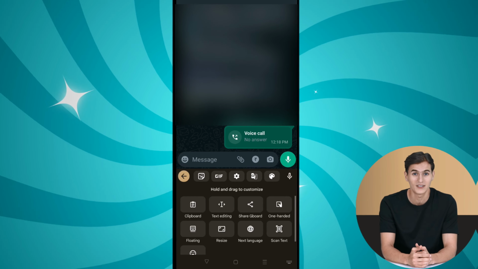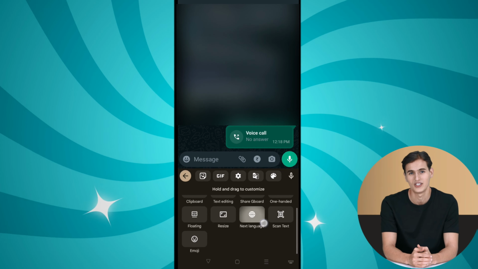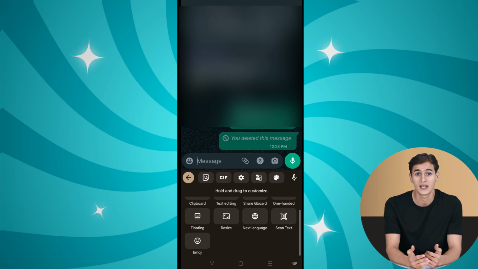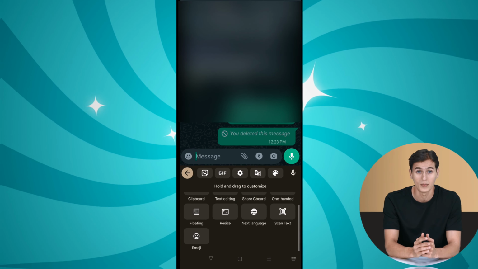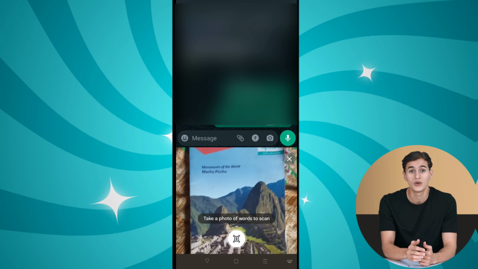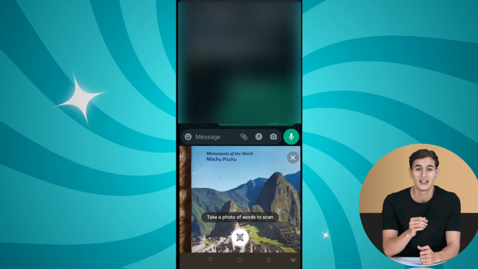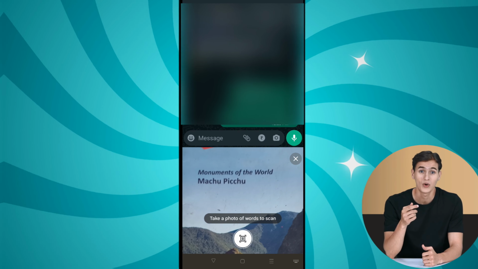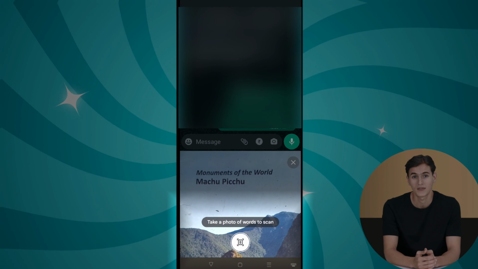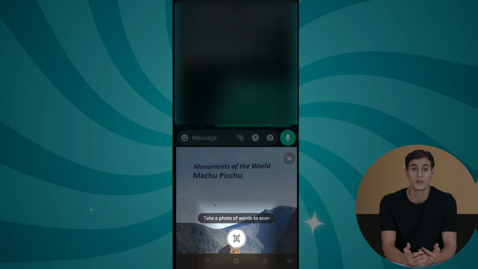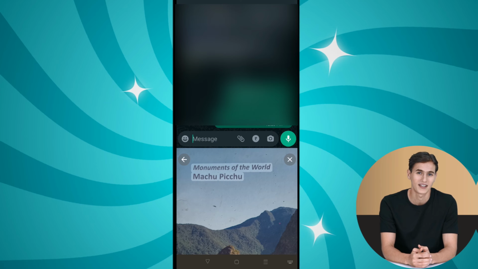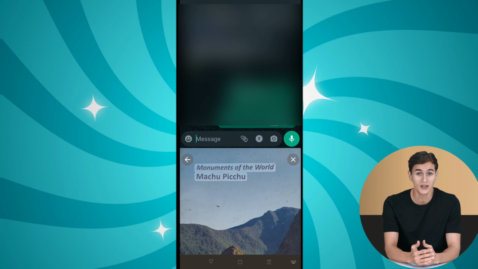To use scan text, you need to tap on the More Tools icon in Gboard. Then, you need to choose the Scan Text tool from the menu. This will open the camera viewfinder on your screen, where you can take a picture of any text you want to scan. For example, let's say you want to scan the text from this book cover. All you have to do is point your camera at the book and tap on the Take a Photo of Words to Scan button. Gboard will then use its optical character recognition, OCR technology to recognize and highlight the text